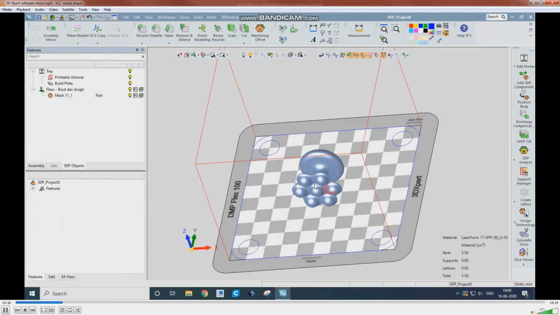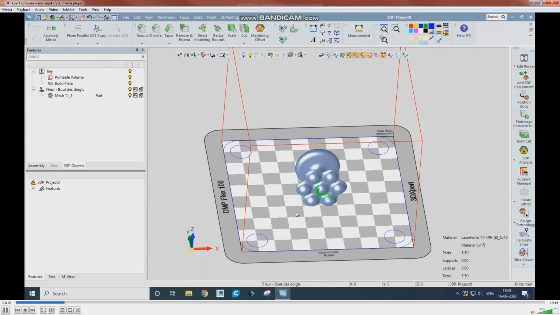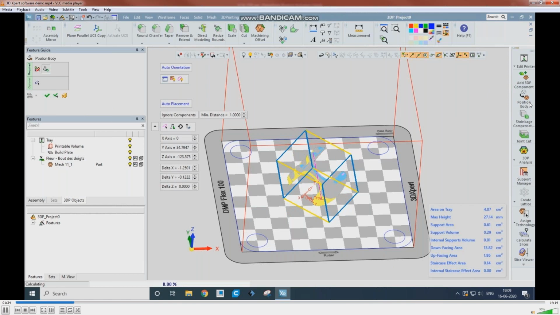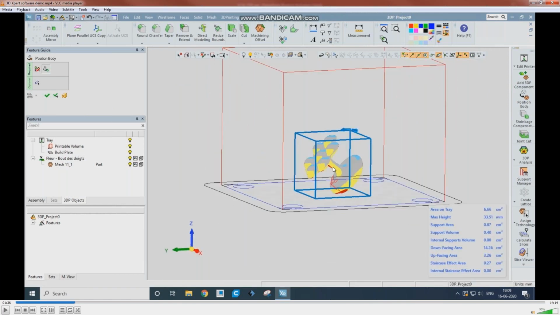I have taken the same part, the STL file here. So I have added it to the build plate. Now I need to position the part. By clicking position body, you can change the orientation.